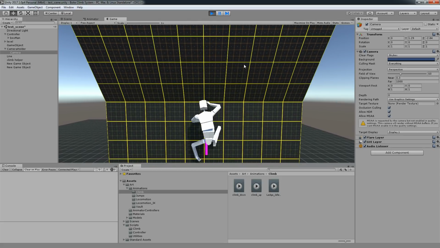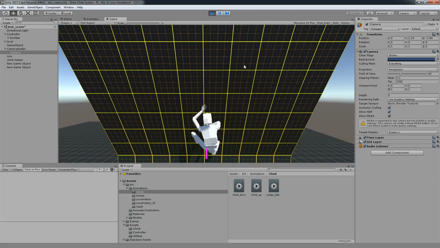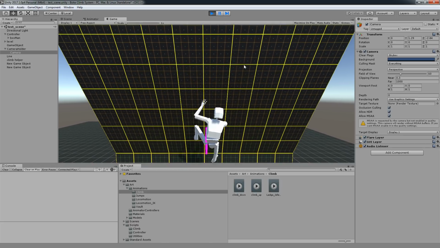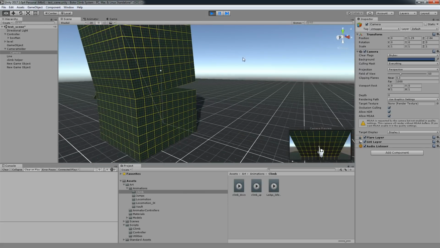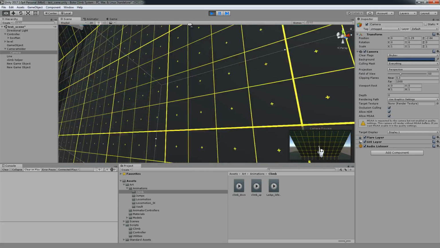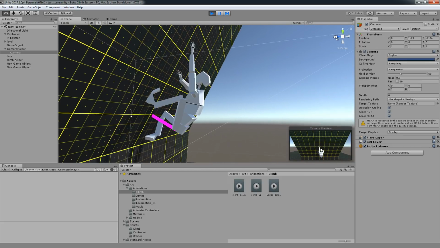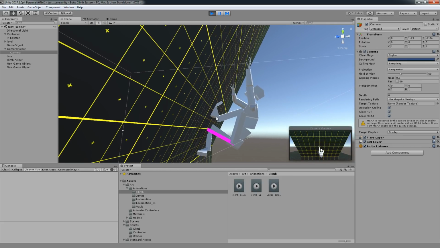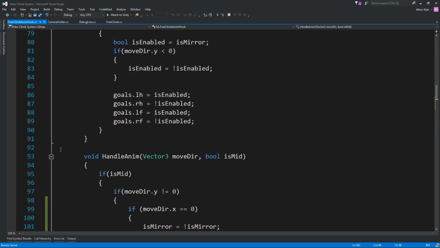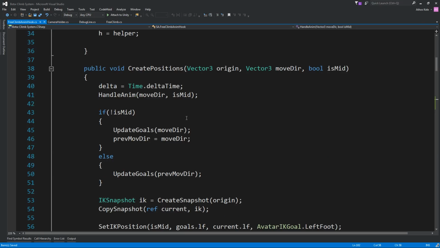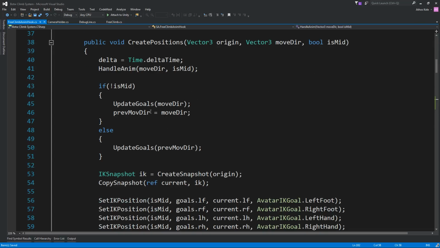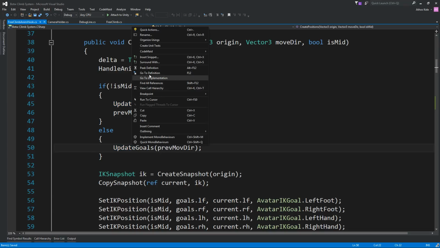Now, other things we can do is when we're going down like this, you can see that his feet, well, he's kind of not in a good position. So maybe let's go into free climb animator hook. Let's see our create positions, create goal. Let's go to the, not the update goals.